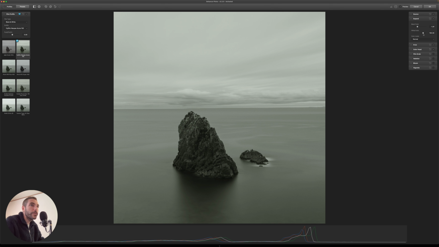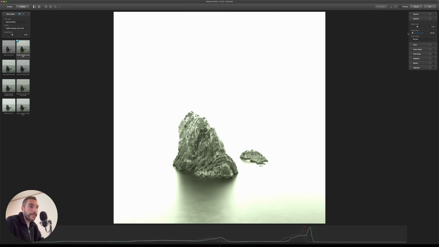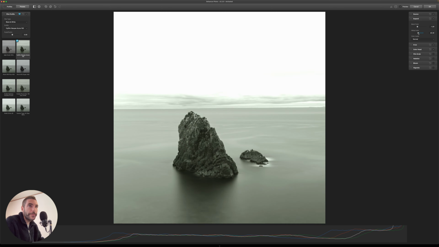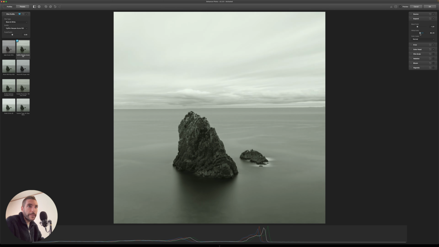In the same way, you can use the white point to change the way your highlights are affected in the image. You can brighten up your image by going all the way. This is of course too much, but just to show you. Or you can go the other way and make everything more dull. In this particular case, I think I want to make it slightly brighter than what it used to be, so I'm going to go to the left here. And as you can see, it's just a couple of sliders, but they make quite a big difference.